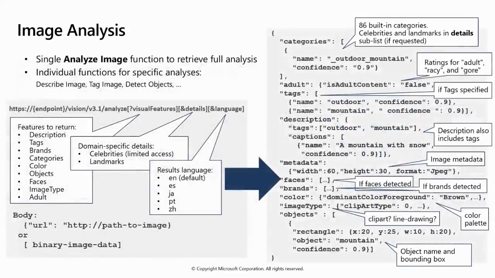Now, to analyze an image, you can use the analyze image REST method or the similar method in the SDK for your preferred programming language. You can tell the method what parts of the image you want to look at, and if you select some categories, whether or not to include details of celebrities or landmarks. This method gives you back a JSON document with the information you asked for. Okay,